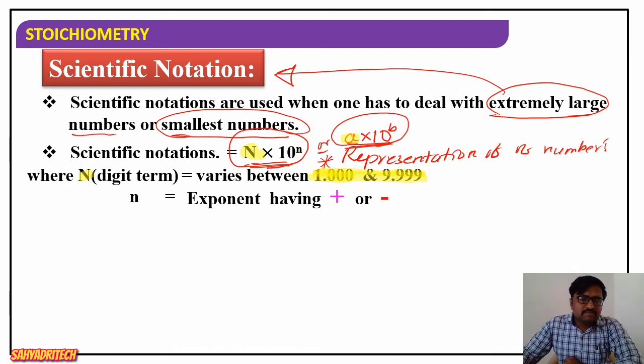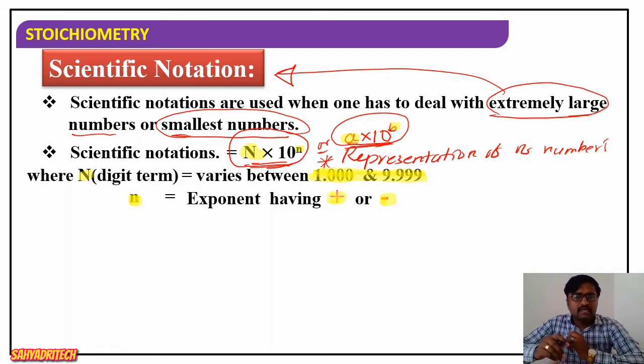Then what is small n, or I can say b? This small n is the exponent. We usually know the exponent of what? Of 10 raised to. So we say exponent, the 10th power. And that exponent may be positive or it may be negative. We have the possibility here that the exponent may be positive or negative.